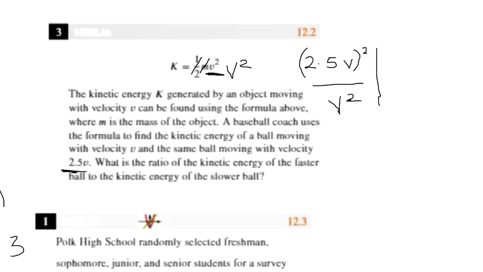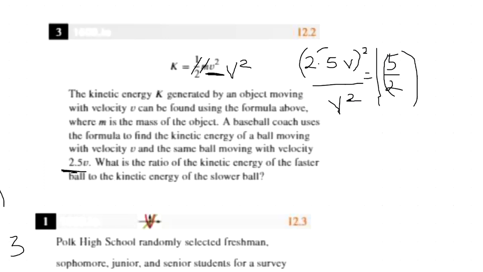Now that's one thing you have to bear in mind when you are working with ratio, proportions, and stuff. You usually convert any decimal given to you to a fraction to make everything easier for you. So here, 2.5 is the same as 5 over 2, 5 over 2 v squared. So this would be equal to 5 over 2 squared,